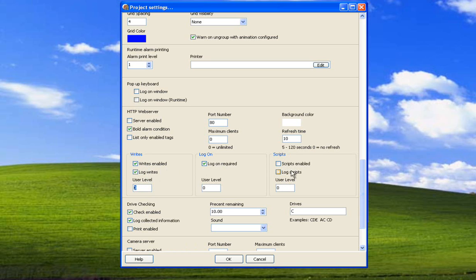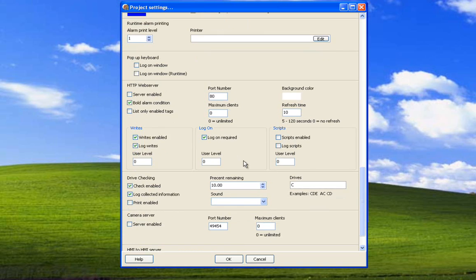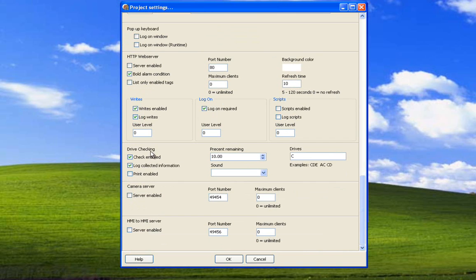Scripts is scripts enabled. Log scripts, user level. If scripts are enabled, it shows on the browser all of the scripts, and then it logs if one of them is executed. Drive checking is at midnight when it does all of its file work. It checks to see if there's enough room on the hard drive. So percent remaining is the drive is checked for how much free space. It's going to check C drive, for example, and if less than 10% is remaining, it